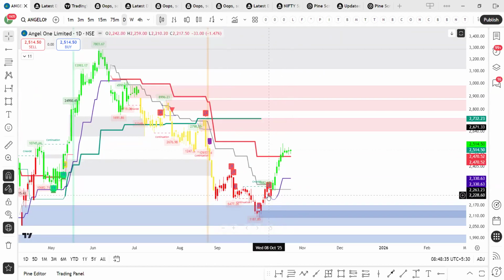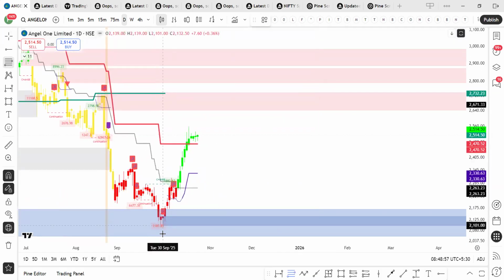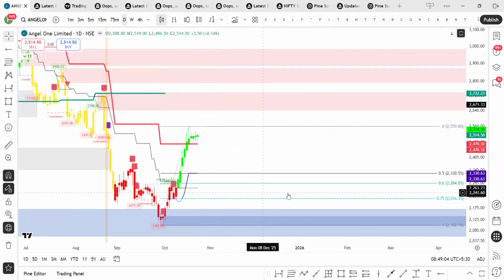Trend has turned up, bullish momentum band has appeared, but bearish momentum band has not yet disappeared, and high PFI numbers are not visible. So if I want to buy this, I will wait for retracement. If it comes down without high PFI numbers and without strong selling candles, then I will look for a buying opportunity around 75% retracement. So from this low to this high, I will plot a fib retracement level, and around 2216,